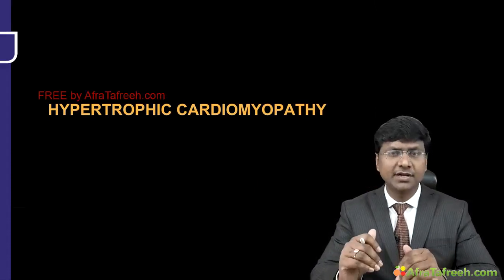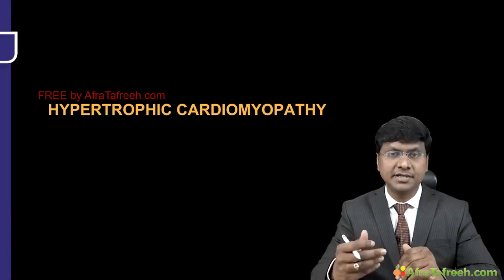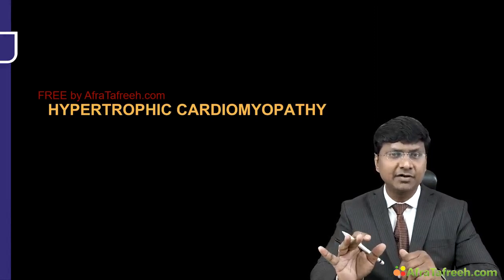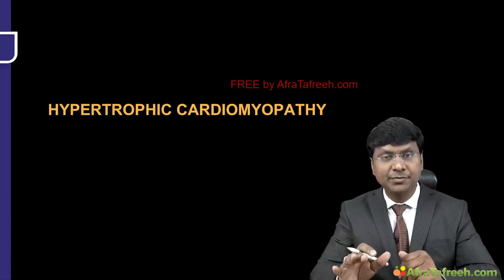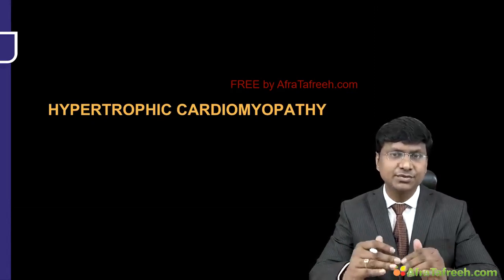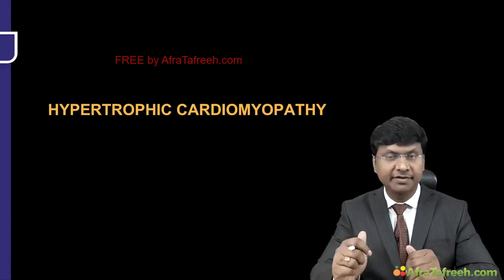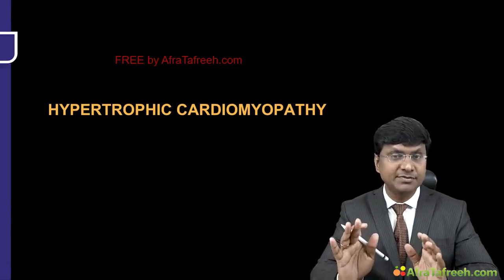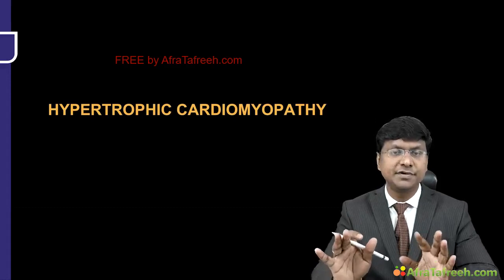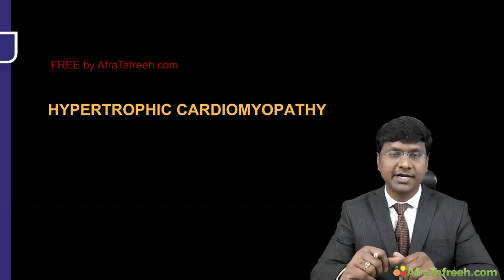Now, usually this hypertrophic cardiomyopathy is acquired by the individual through inheritance. The familial form is most common, and the type of inheritance is autosomal dominant. You need to know the etiology for the development of hypertrophic cardiomyopathy. It is mainly due to mutation of genes. That is what is responsible for the hypertrophy in hypertrophic cardiomyopathy.